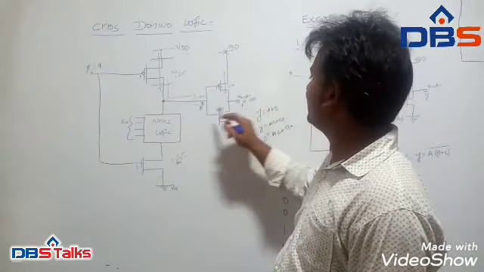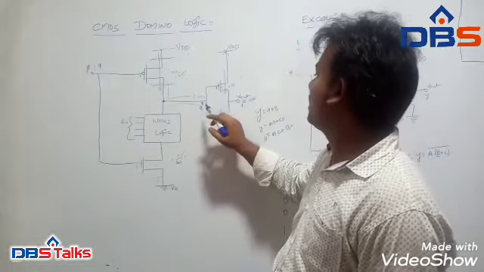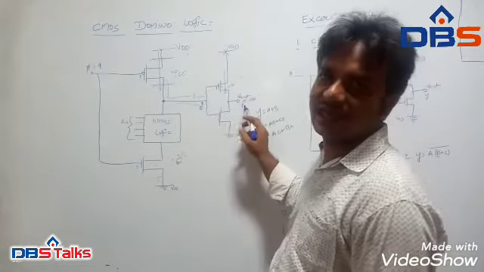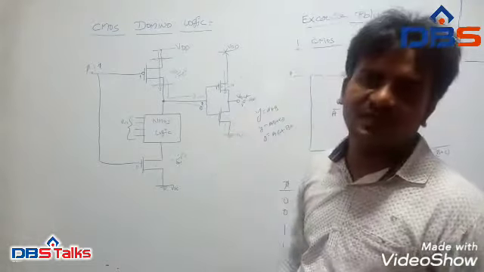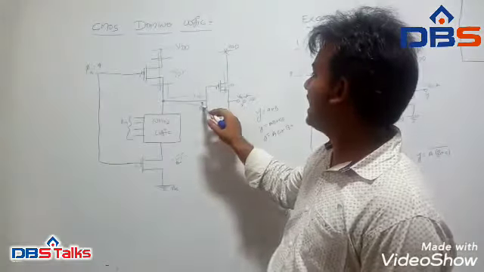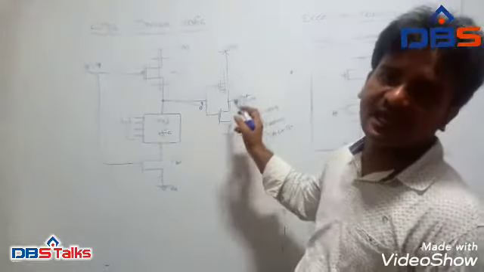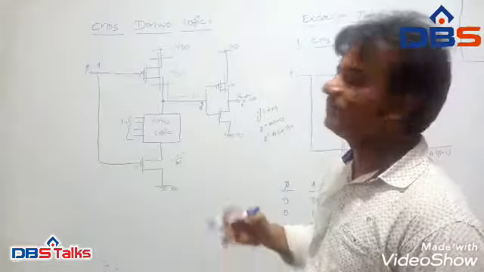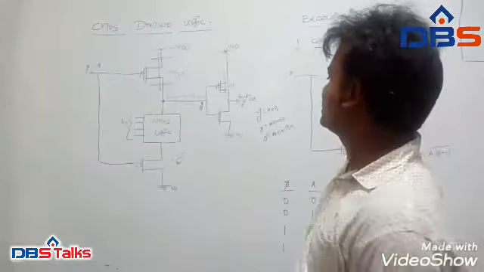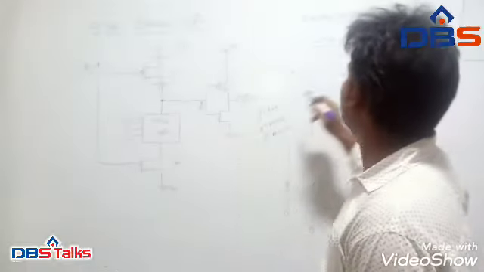So if the input is 0, the output is high. The logic is reversed: if the input is high, the output is low, and if the input is low, the output is high. The inverting operation will be implemented by using CMOS Domino logic, and the same thing will be implemented in